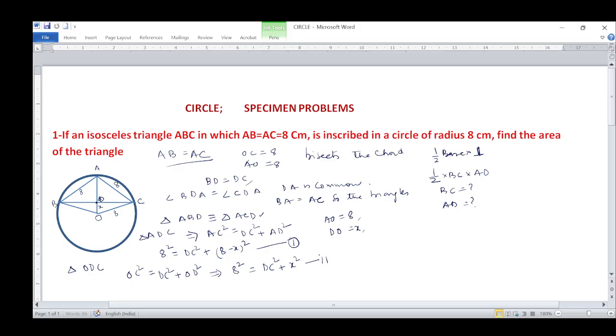This is equation 2. Now what do you do? You may choose the value of DC square from one, otherwise you subtract. The easy one is subtract